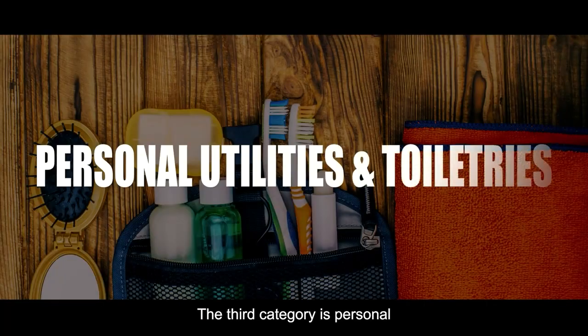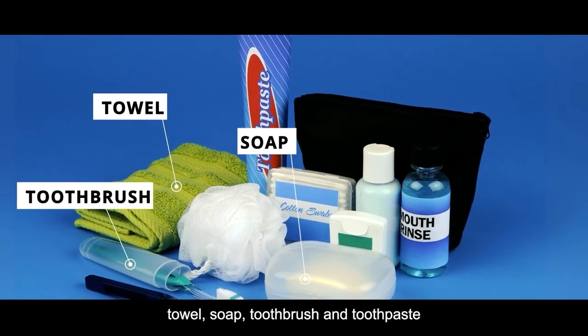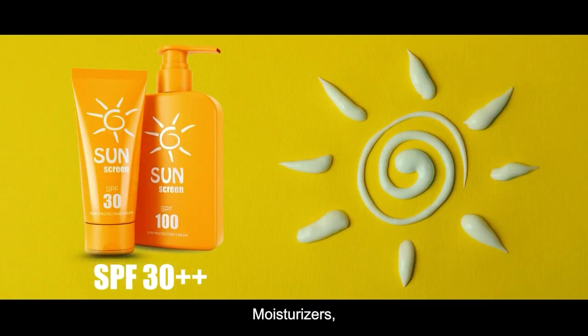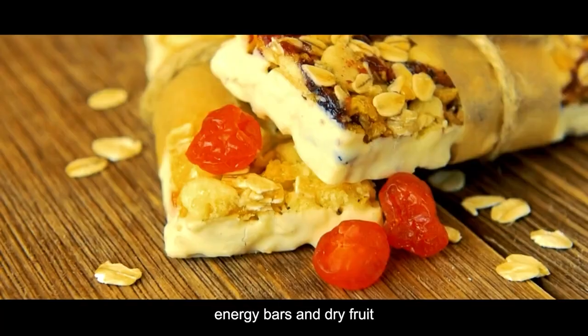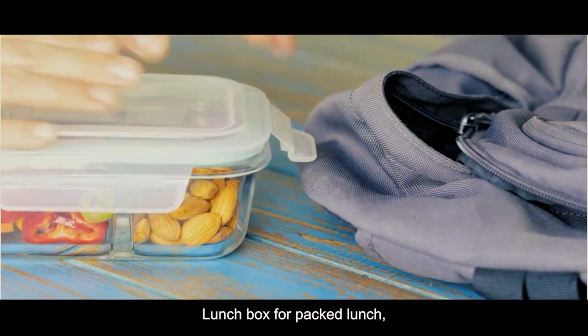The third category is personal utilities and toiletries, which include towel, soap, toothbrush and toothpaste, as this will not be provided at hotels in this trek. Sunscreen SPF 30 or more, moisturizers, sandals or flip-flops for ease at the hotel, as the whole day you will be in shoes. A 1 liter water bottle, energy bars and dry fruit for snacking, lunch box for packed lunch,